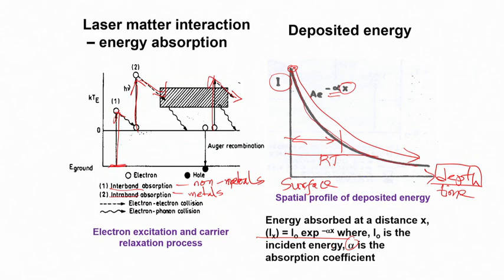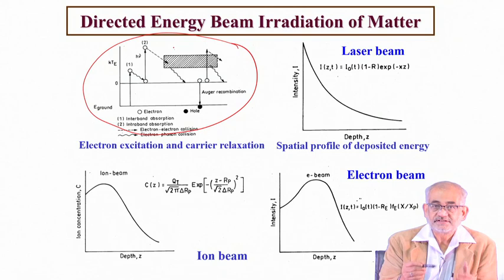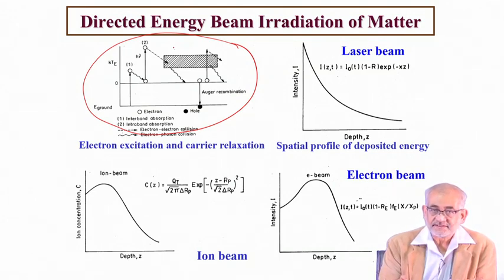As a result, the coupling is more efficient in the case of non-metals than in the case of metals. So this is the process of conversion of incident photons into lattice heat, and that's what we have just discussed. Now, if you compare the three main types of directed energy beams,